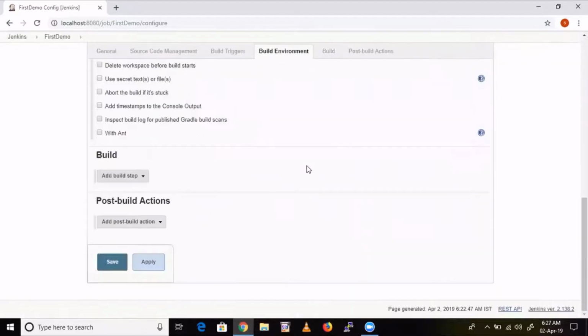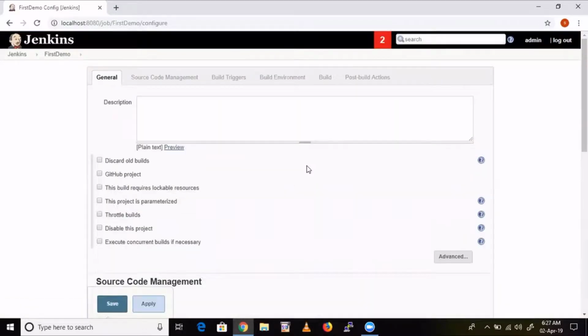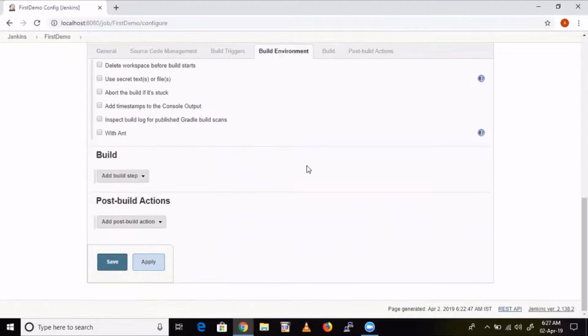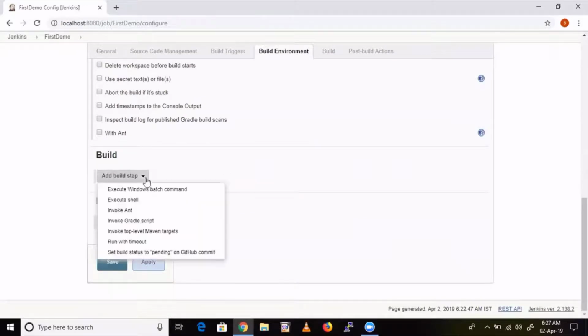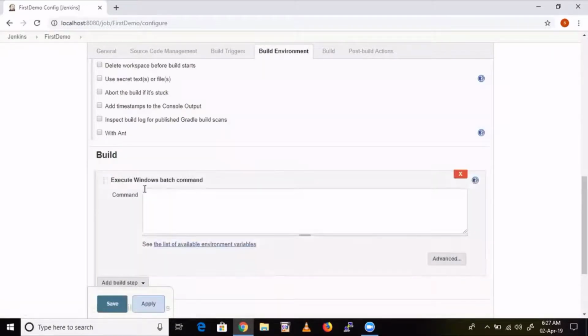These options are related to this particular job. So what I'll do now is create a simple job. Come down here, you can select build, execute Windows batch command. Now here, give any simple command: echo hello everyone. This is a simple Windows command, right? Echo hello everyone. So what is the output? The output is just hello everyone, right?